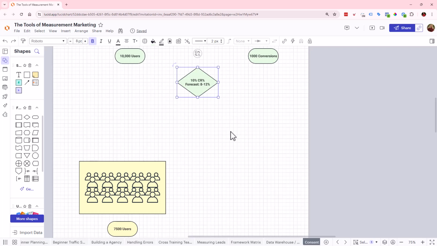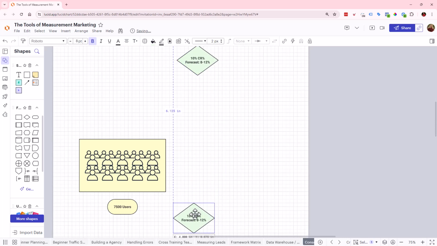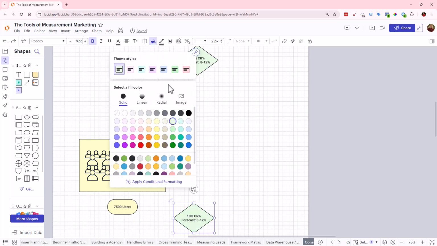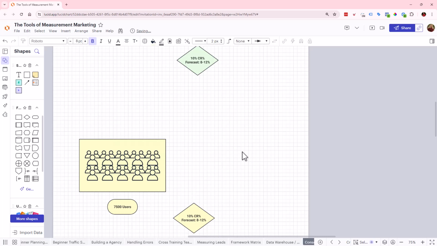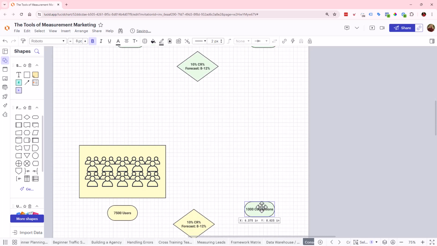So keeping that in mind, how can we still take marketing decisions off of that? This is where we're going to go through it. If we have 75 users, we could probably reasonably guess, if we're needing to forecast, that about 10% of those go through, if it's the same thing as in the world after consent. We could still say we're probably going to have about 10% go through, which turns into